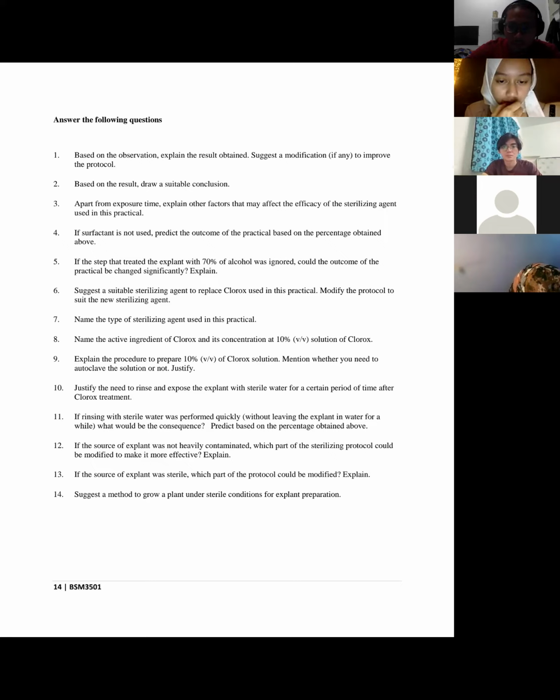Also, just now at Akmal's part, suggest a suitable sterilizing agent to replace Clorox, right? Akmal suggested to replace with sodium hypochlorite. So, if replaced with sodium hypochlorite, hypochlorite is the active ingredient in Clorox, right? Yes, active ingredient. So that means